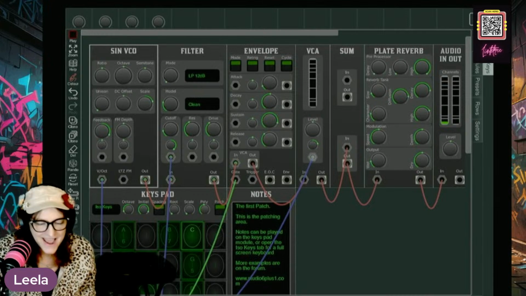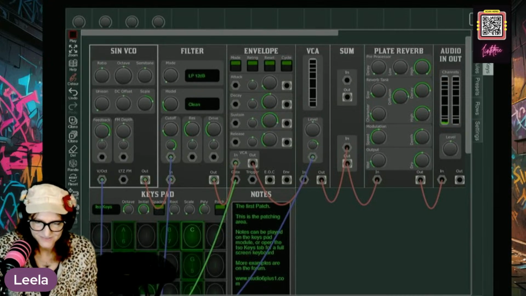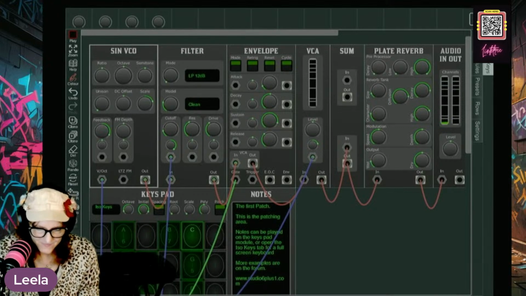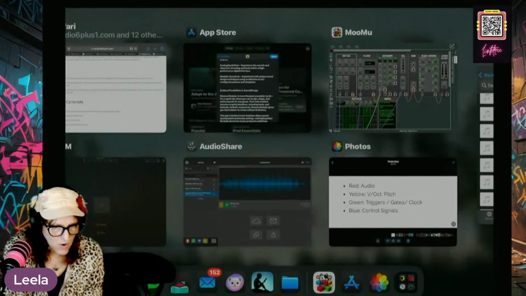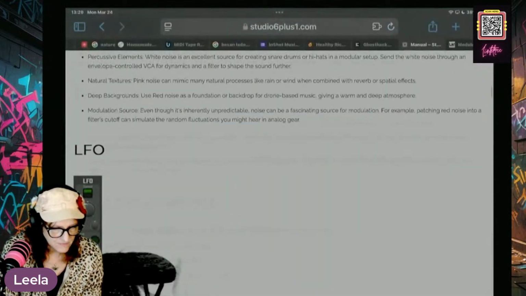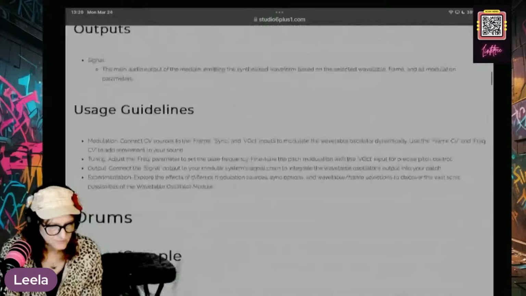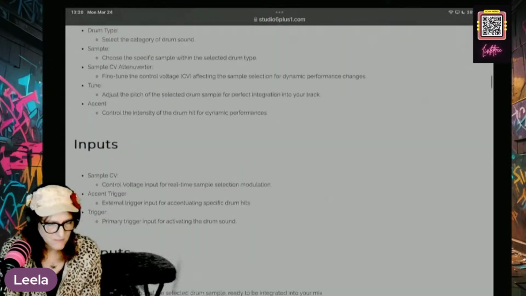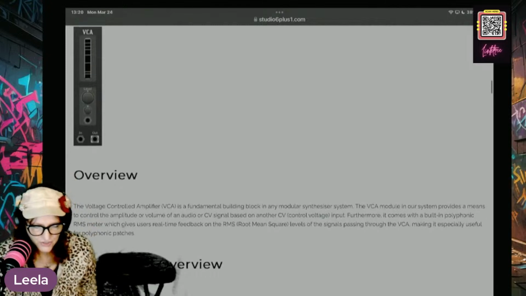What does VCA mean again? I have, let's see. See, there we go, VCA. Voltage controlled amplifier.